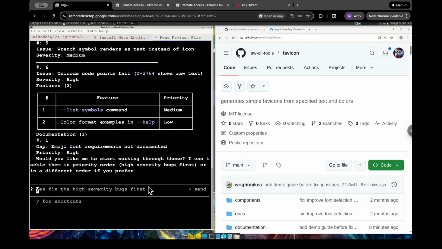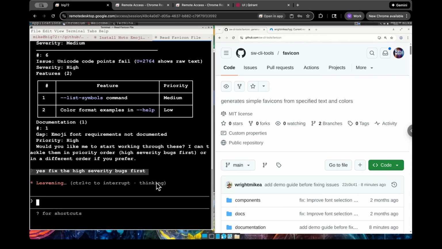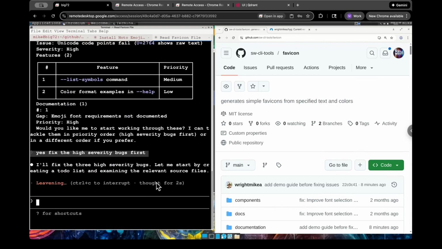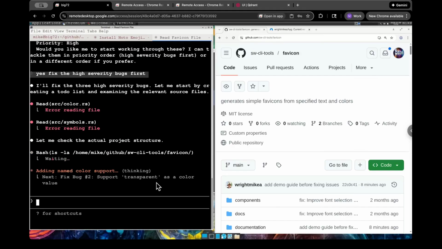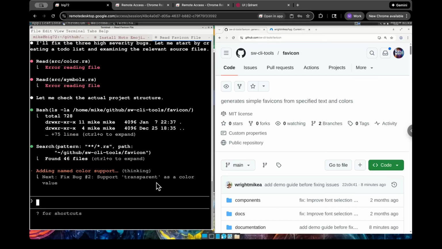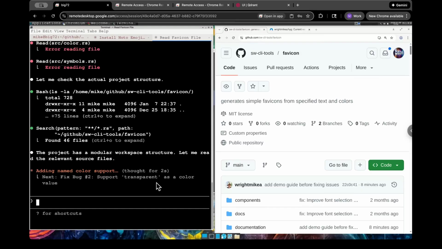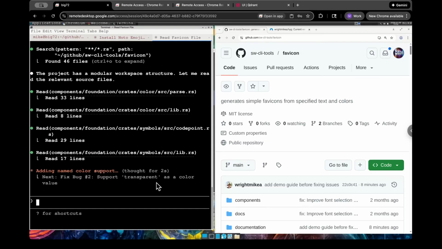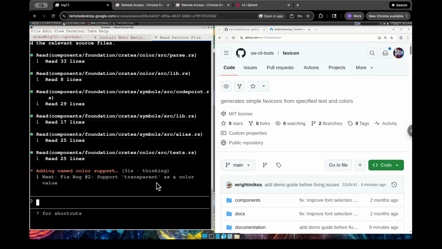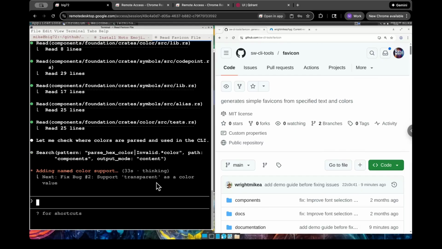I tell Claude to start with the high severity bugs first. Claude starts planning the bug fixes. Claude begins by reading the source files. 46 Rust files to explore. This could take a while. It's building a mental map of the codebase,